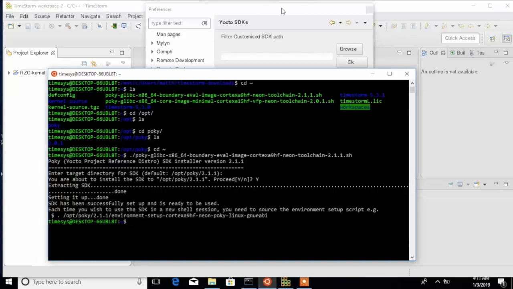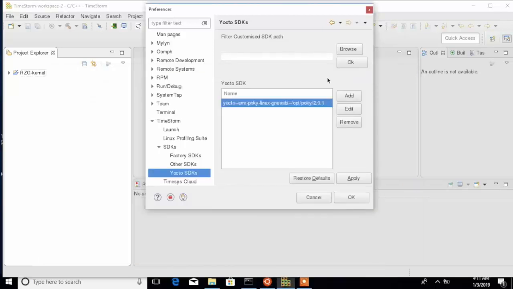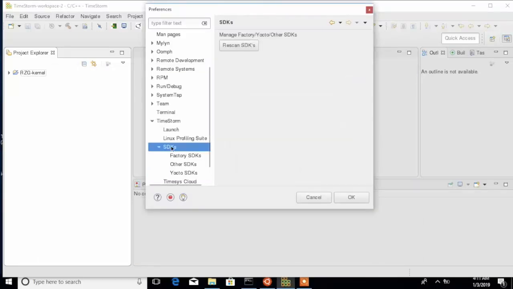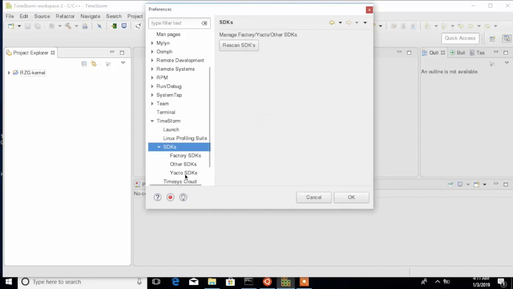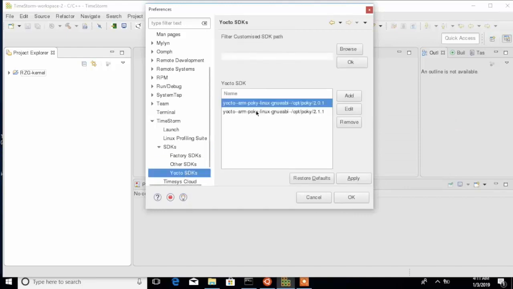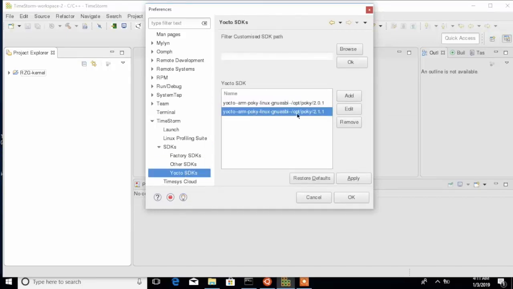So let's go back to TimeStorm and rescan for SDKs. We are rescanning, and let's go back to Yocto SDKs. You can see that TimeStorm has found right now this additional new Yocto SDK that we've just installed. And it's ready to be used in development with